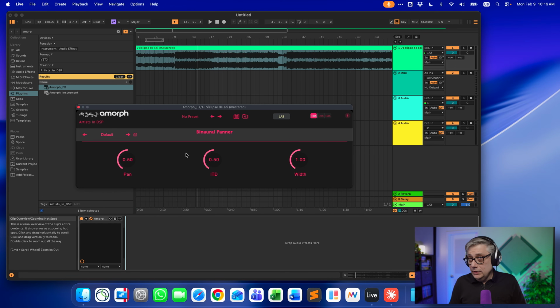Since it is artificial intelligence, first of all we don't really know what these parameters actually do. It just says 0.5, so I'm not quite sure what 0.5 is. Is this in the middle or somewhere else? We will see. So let's play audio. Well, actually 0.5 is, for whatever reason, completely to the left.